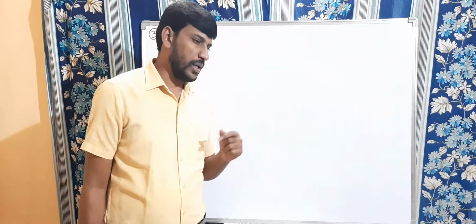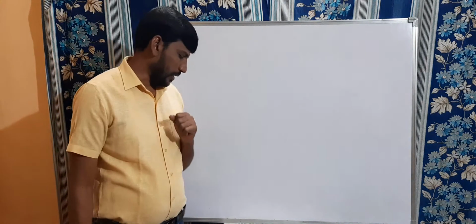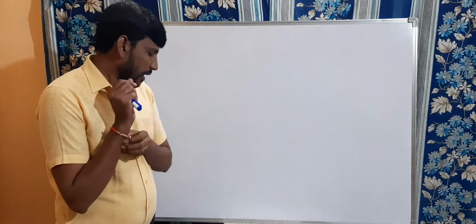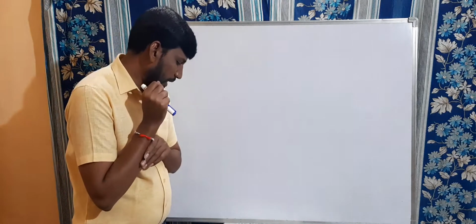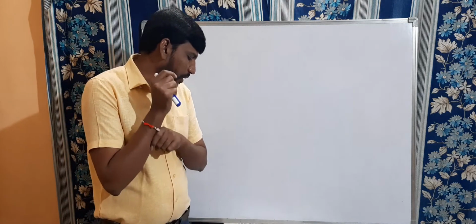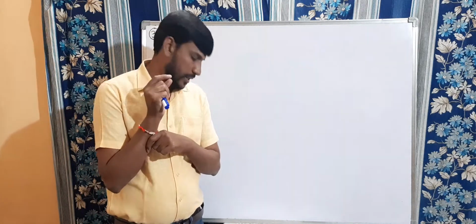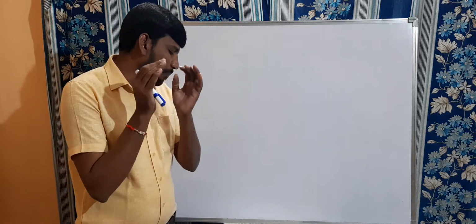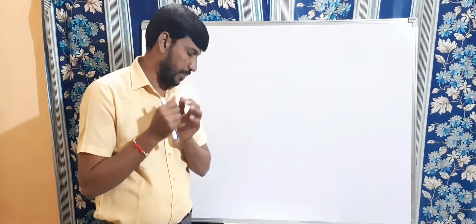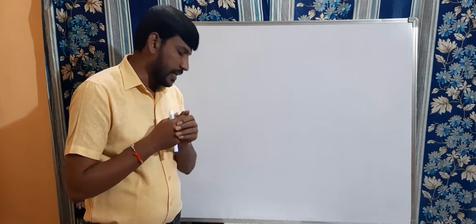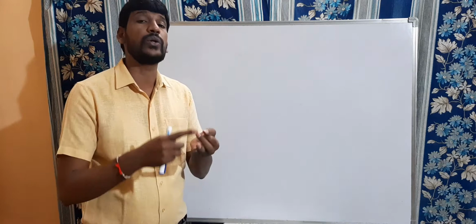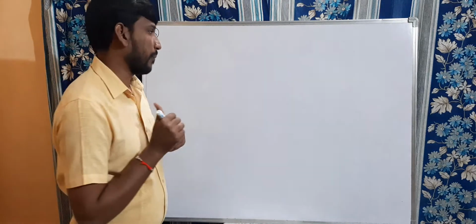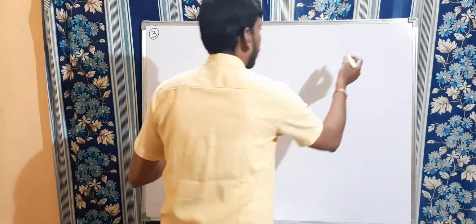Right, children. Question number 3 we are going to discuss now. A little bit big problem, but you can understand very easily. A metal pipe is 77 centimeter long. The inner diameter of a cross section is 4 centimeter and the outer diameter is 4.4 centimeter. Find its inner curved surface area, outer curved surface area and total surface area of the pipe. Here, see this, they have given one pipe.